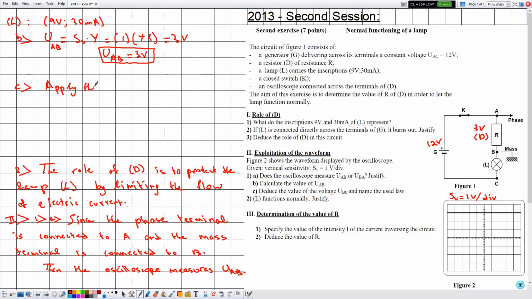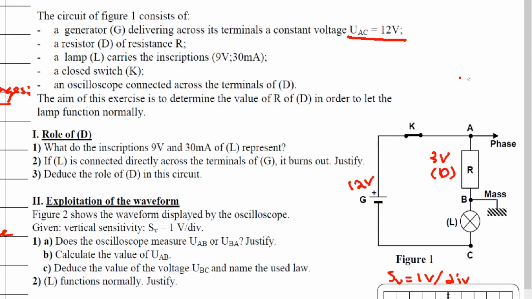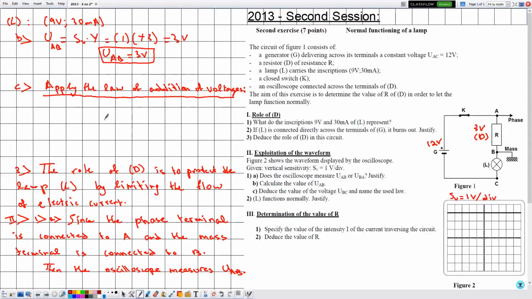Then apply the law of addition of voltages. And how do we apply this law? Always on the left we write the voltage of the battery or the generator, which is given, in this case, by UAC equal to 12 volts. So usually the points A and C are located near the generator, but in this case they are located here. Then UAC,